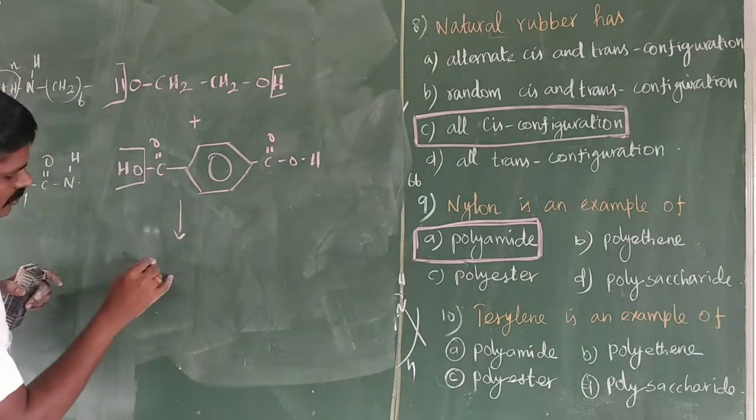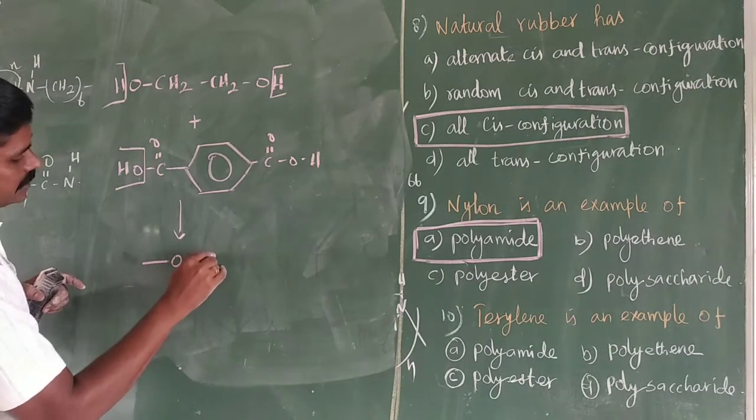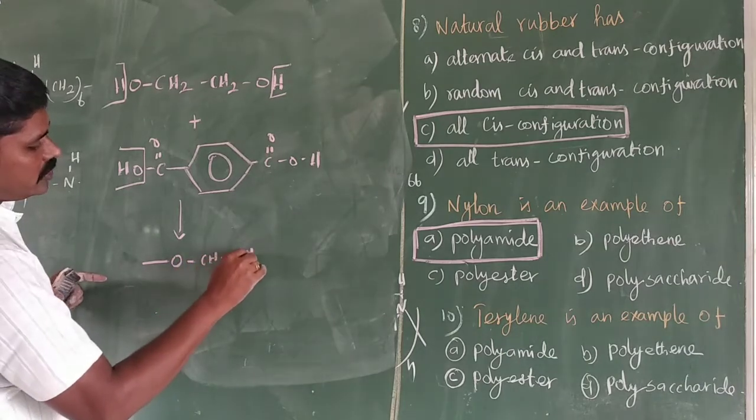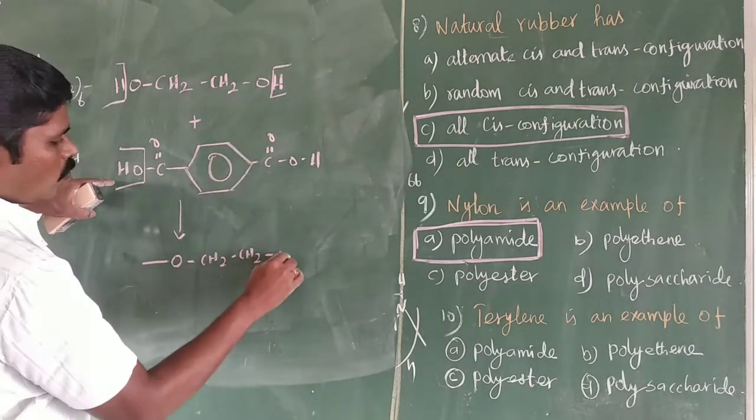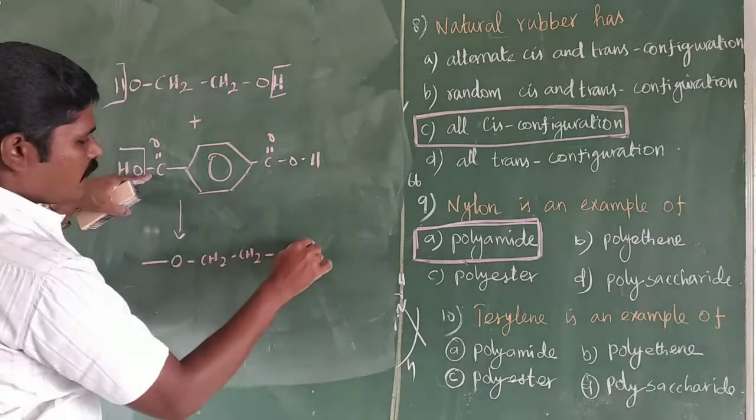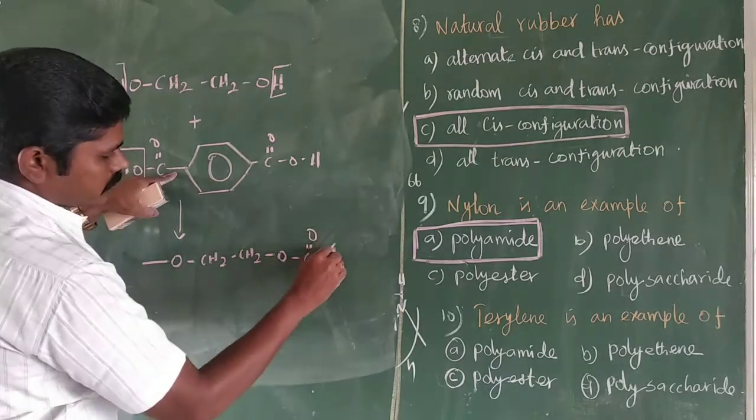The terylene structure: O CH2 bond O C double bond O,